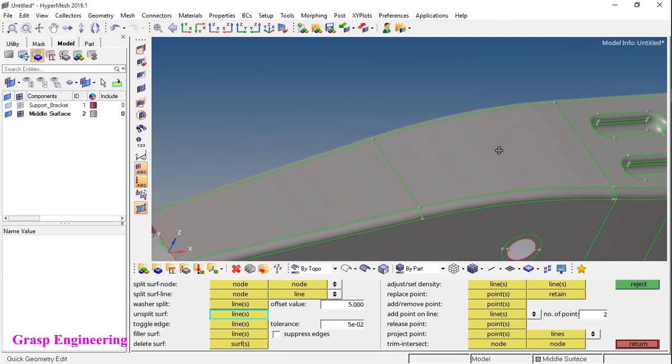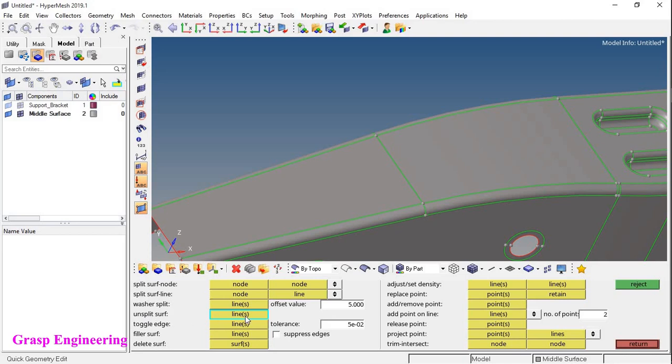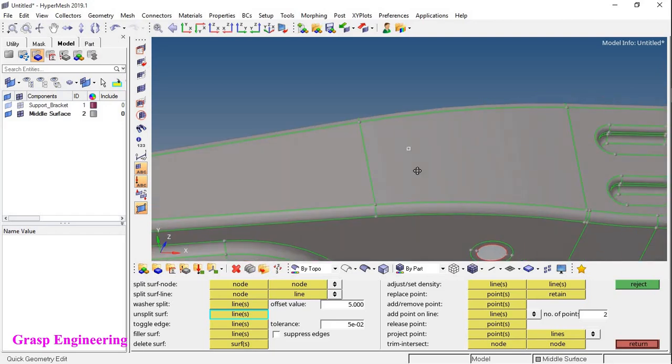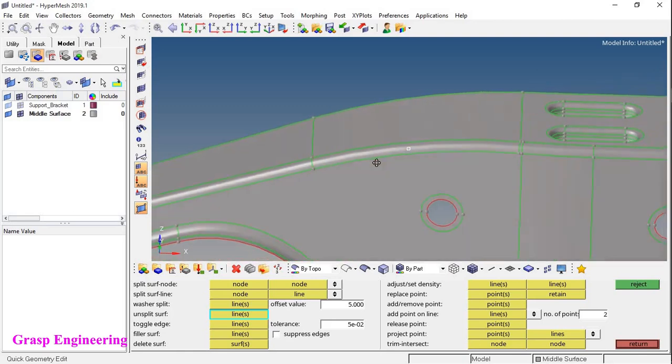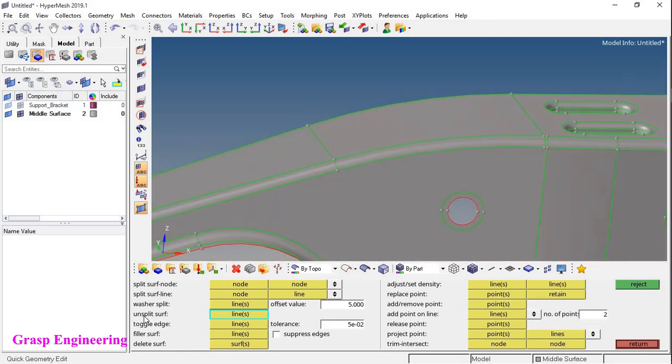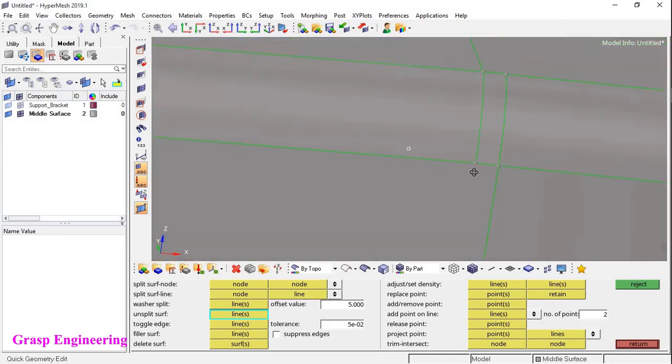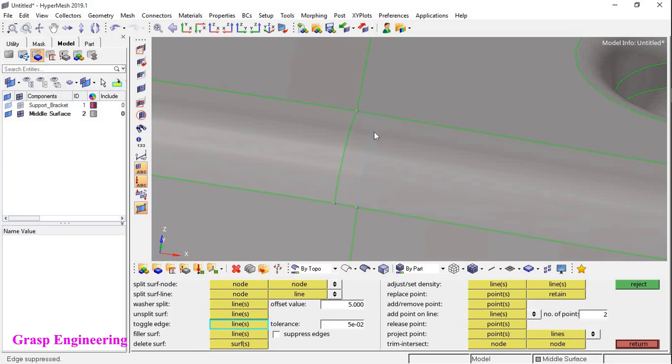Furthermore, one more difference is that this unsplit option will be useful when you created surfaces manually, when you split the manually created surfaces. These lines are already present due to the component geometry modeling itself. So in that case, the unsplit surface option is not useful. Now we can see the difference here. It will not be useful, and it will create smaller elements here. So if you want to remove this, unsplit will not help. In that case, you can use the toggle edge option, click on that, and you will find this respective edge is removed. You can even use the tolerance for this.